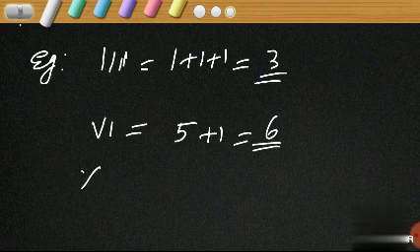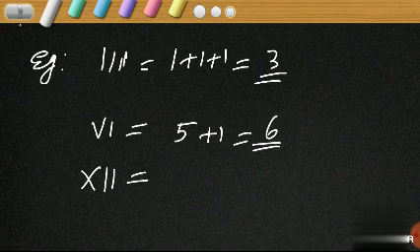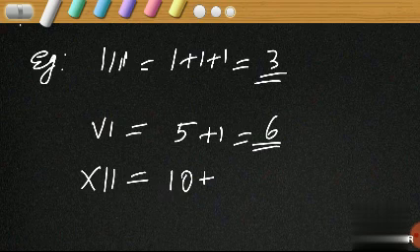Let's consider XII. X means what? 10. I means 1. So which is on the right side? Yes. I is on the right side and X is on the left side. Okay? So what can we write? 10. The greater one is on the left side and the smaller one is on the right side. So we can add here also, isn't it? X means 10. I means 1. Again I means 1 more. What is the value of 10 plus 1? 11 plus 1? 12.